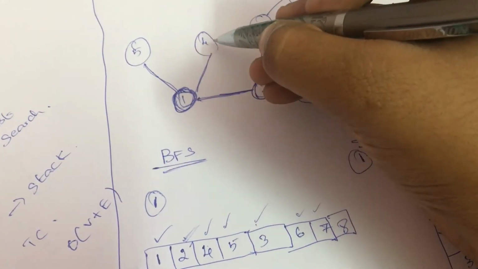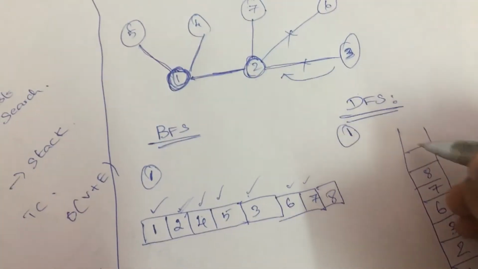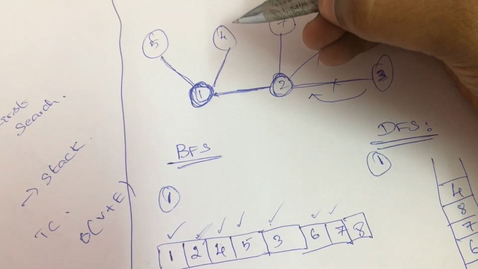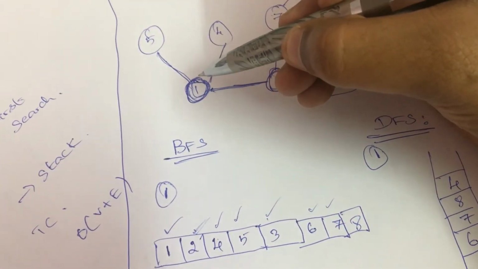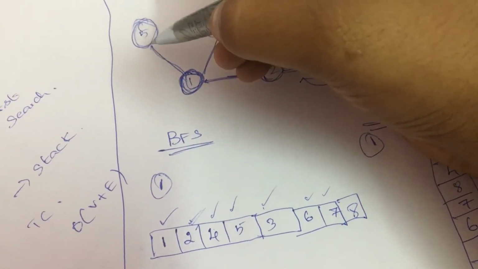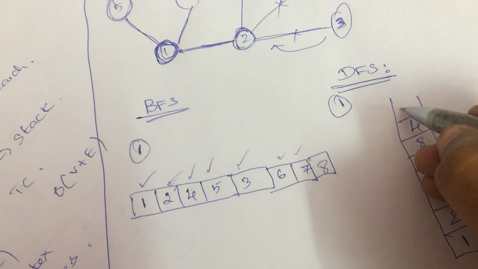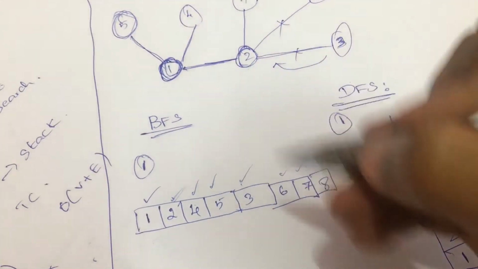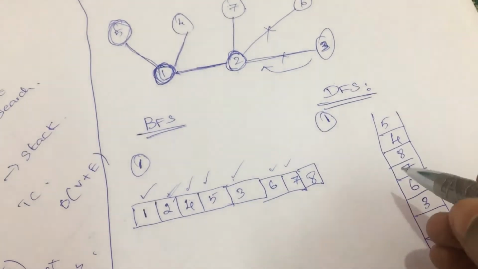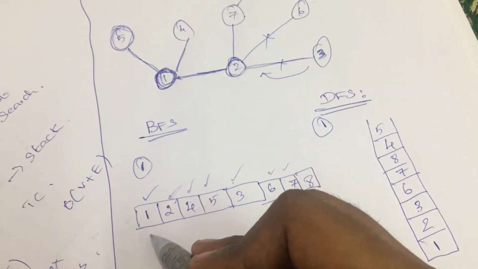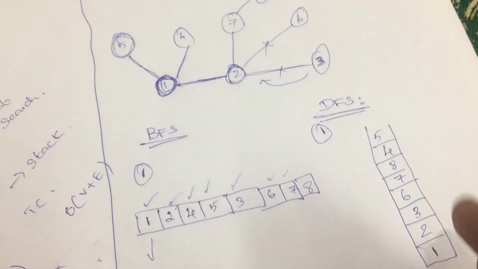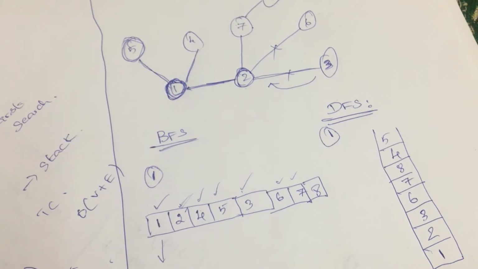From 1 I'll go with 4. So I have to push 4 into my stack. We have done that, and at last 4 will try to backtrack to 1 itself. From 1 we are going to backtrack to the next value, right? From 1 I have the next value, that is 5. So now we are going to push the value 5 into the stack, and that's all about the implementation. Now we have our stack with these many values. If I try with BFS, you are going to remove the elements one by one here, and the same way in DFS.